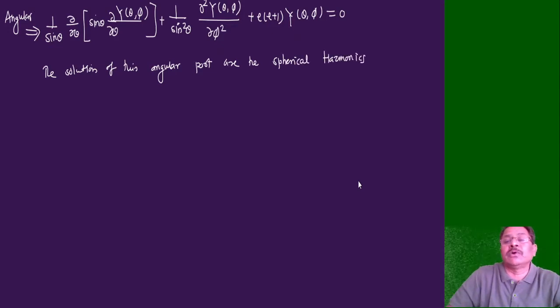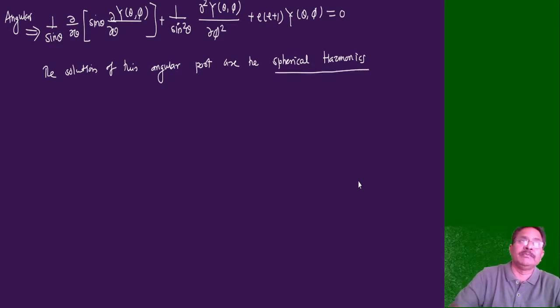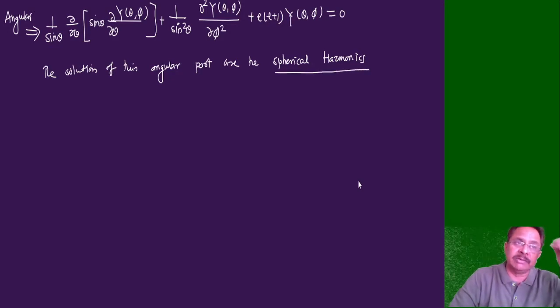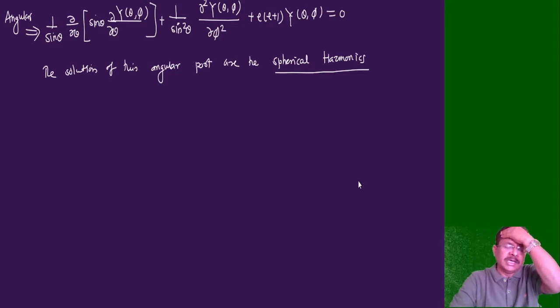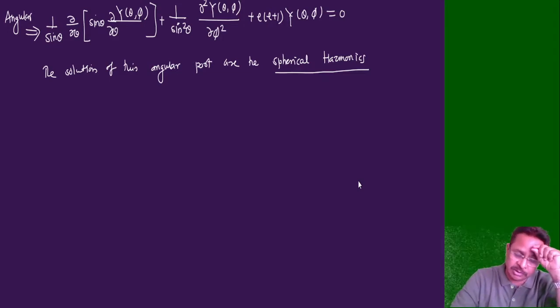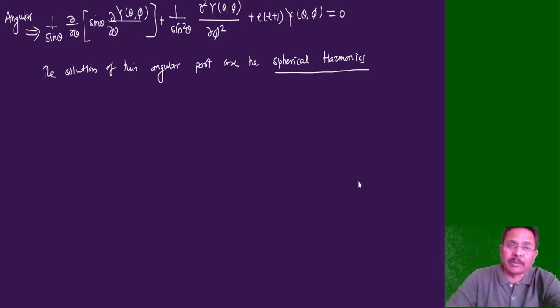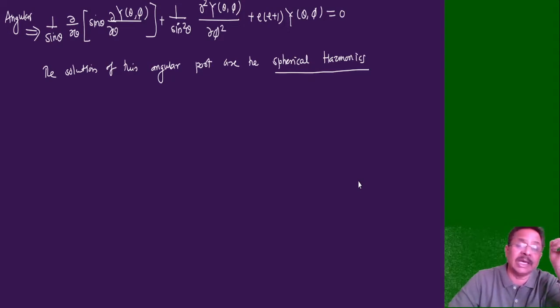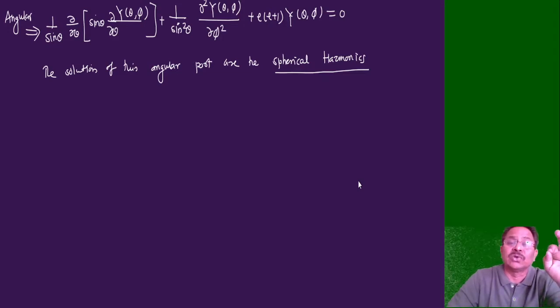Try to understand from the Schrodinger equation what we did. We have taken the form of the potential which is exclusively dependent upon the radial part, or R part. I have separated the Schrodinger equation into the R part and the theta and phi part. The theta and phi part, or the angular part equation, is given by 1 upon sine theta del upon del theta into this bracket, and so on. In this particular separation, I have used the constant of the form L into L plus 1, and the solution of this differential equation is called the spherical harmonics.